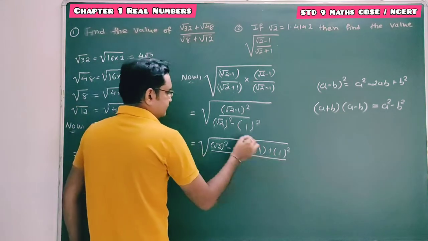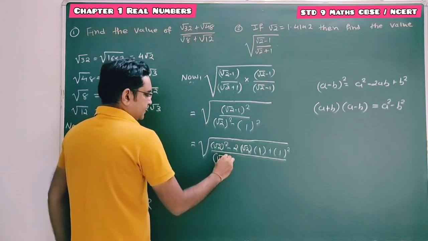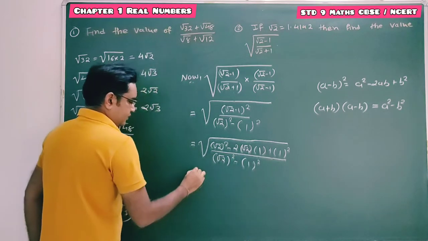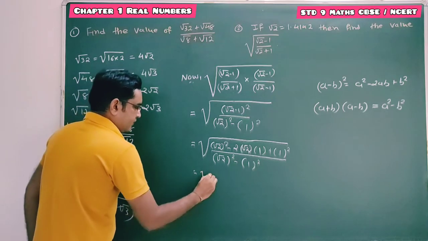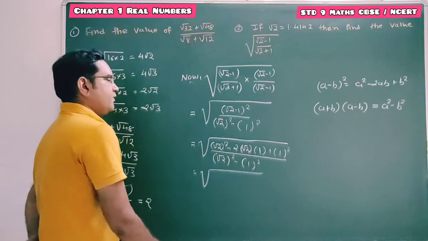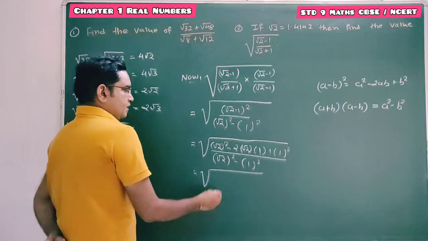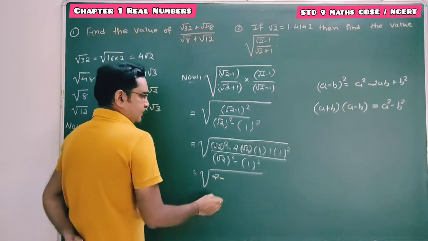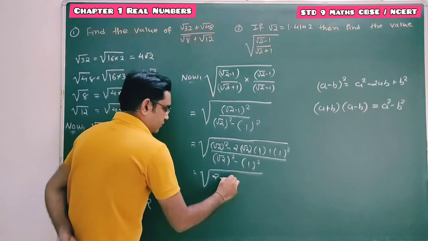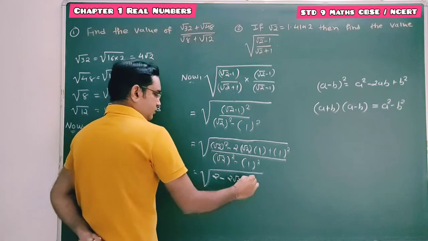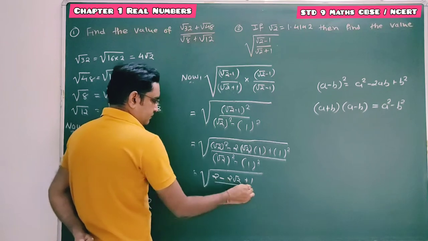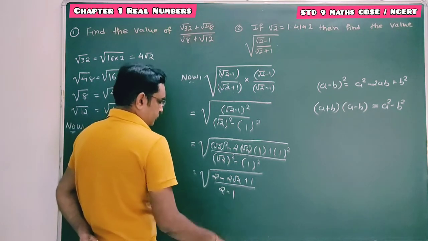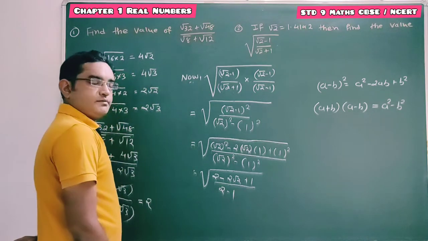First term is root 2, second term is what? Whole divided by, we have already done this expansion, root 2 square minus 1 square. So here simplification is root 2 square is 2 minus 2 into root 2, root 2 plus 1, divided by root 2 square is 2 minus 1. Clear? Now here